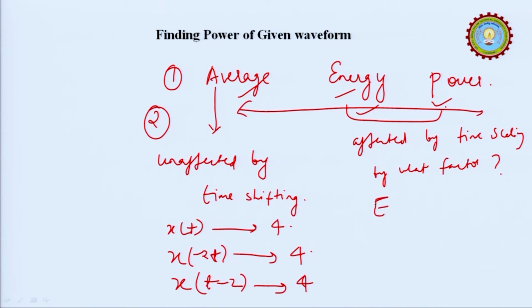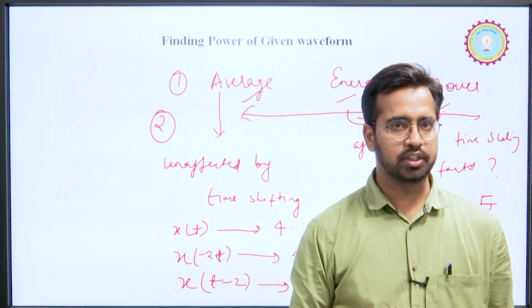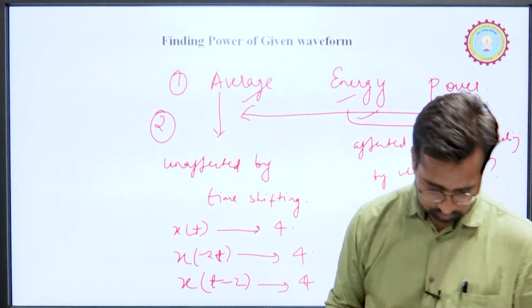Suppose x(t) has energy E and we are required to find x(at), then it will be E by a. So, energy will reduce by the factor by which time scaling is done. Also,